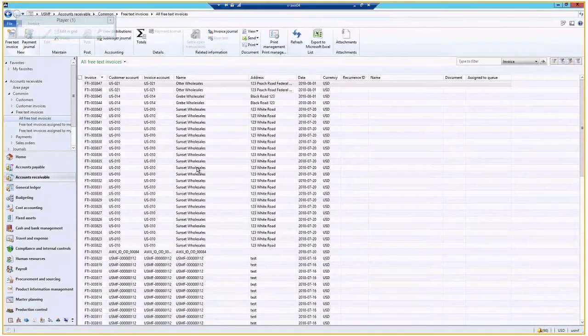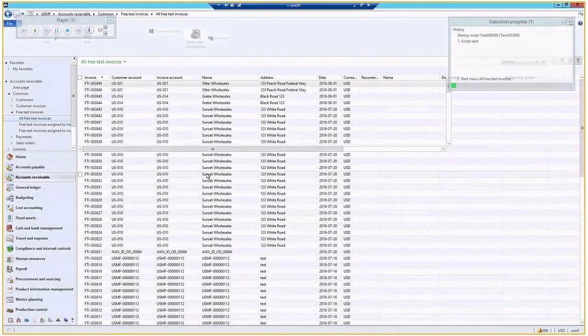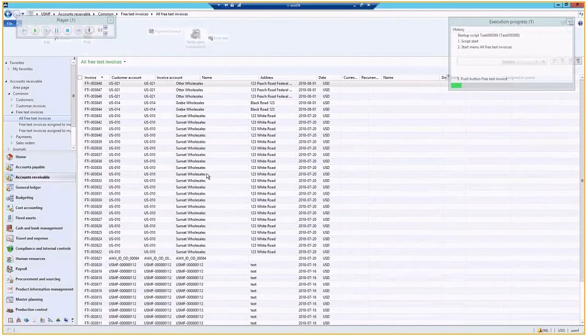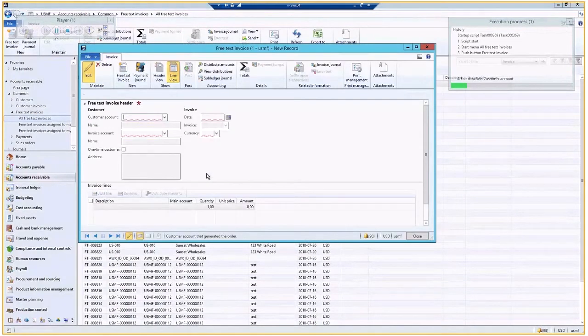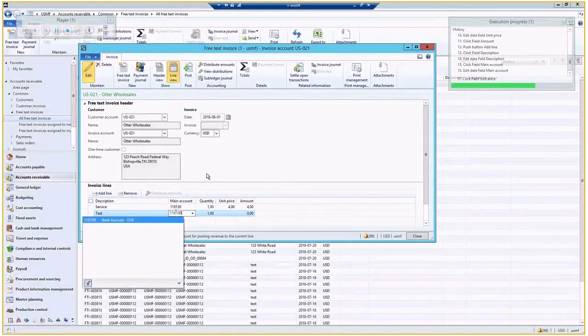In this case, the system is analyzing what kind of permissions I need to run the process. So we are going through the process, analyzing entry points, analyzing every object that we use, taking down those entry points, and we'll be able to recognize if there is a role which is exactly what we need, or if there is no role that fits our requirements, I can create a new role, new privilege, or new duty exactly how I need. So this is sort of the ultimate solution for license optimization, as well as giving precise access based on